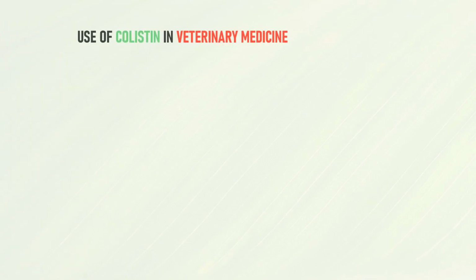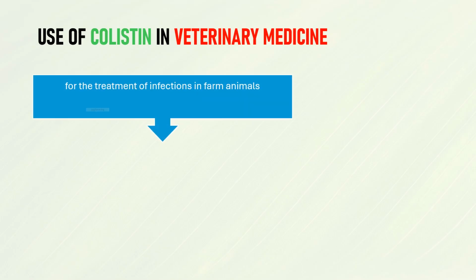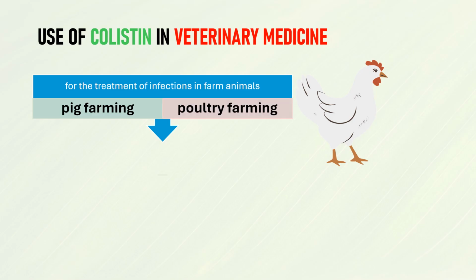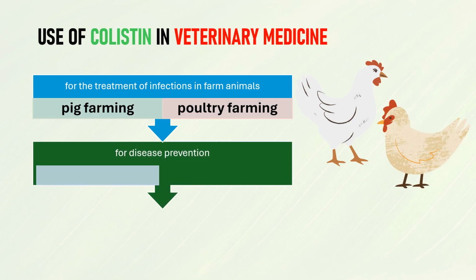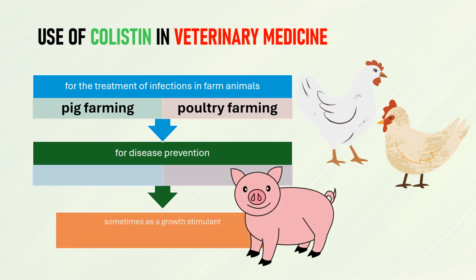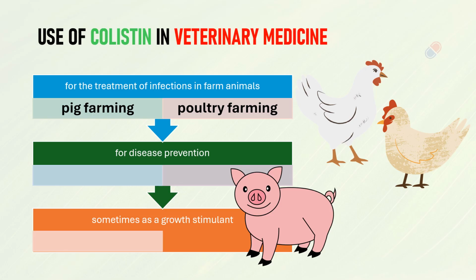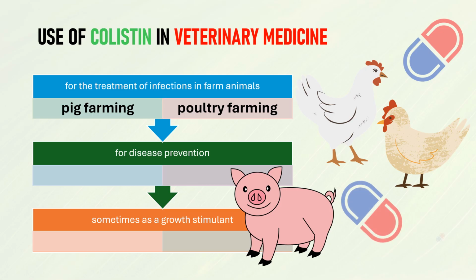Use of colistin in veterinary medicine. Colistin has been widely used not only in human medicine but also in veterinary medicine and agriculture. For many years, the antibiotic has been used to treat infections in farm animals, to prevent disease, and sometimes as a growth promoter. Colistin was particularly actively used in pig farming and poultry farming. However,